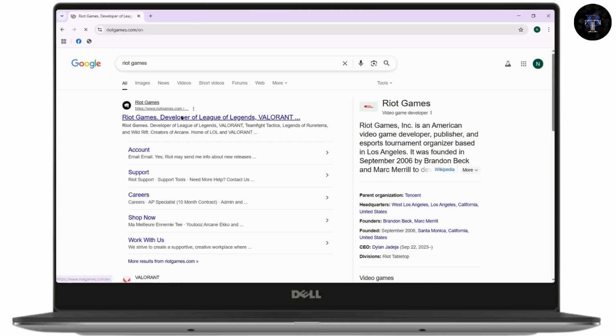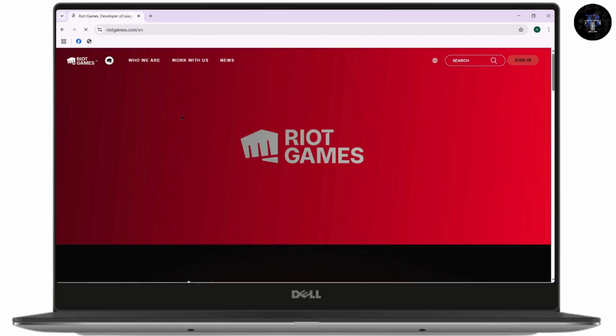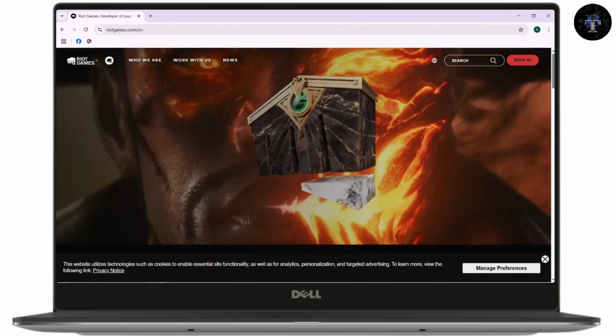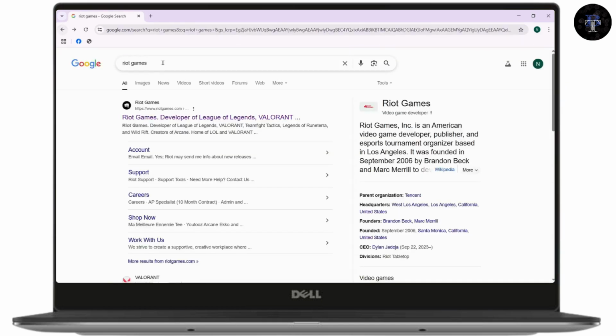After that, you need to go with www.riotgames.com, and here you may have a download option. But if you don't find a download option right here, then you just need to simply go back and you can